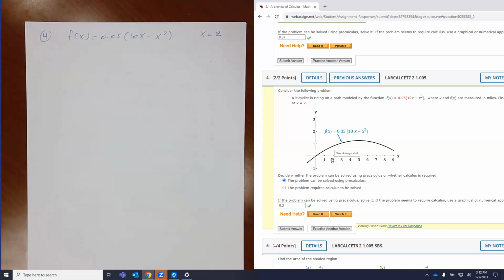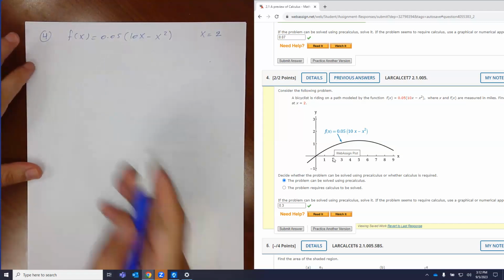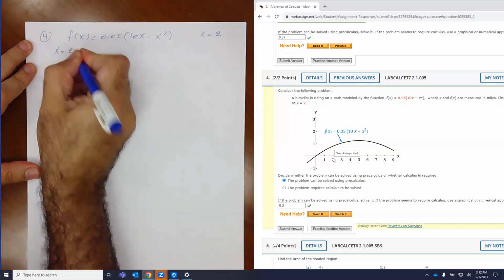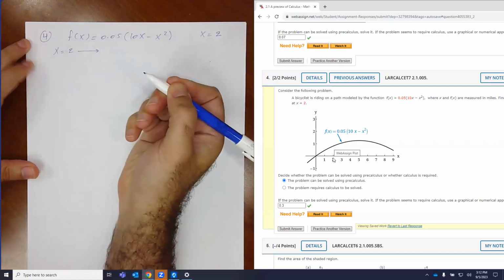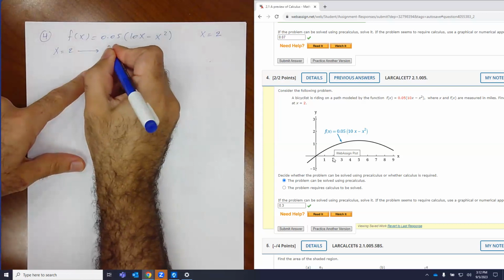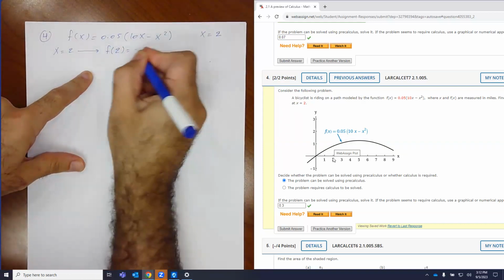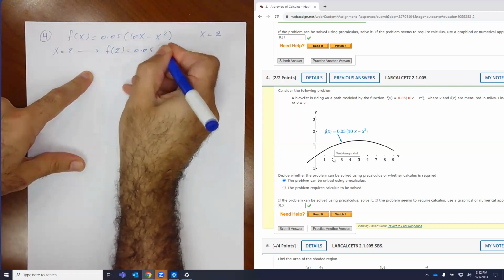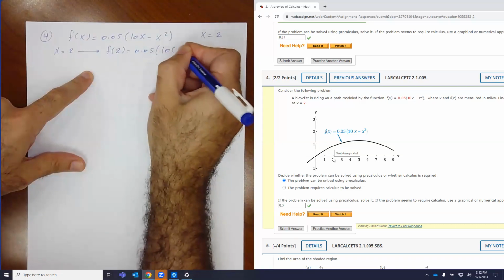So that means we need 2 points. The first point, I have x equal 2. So when x equal 2, I need to find the y. That means I'm going to plug in 2 here, which is going to be the y. So f of 2 is going to be 0.05 times